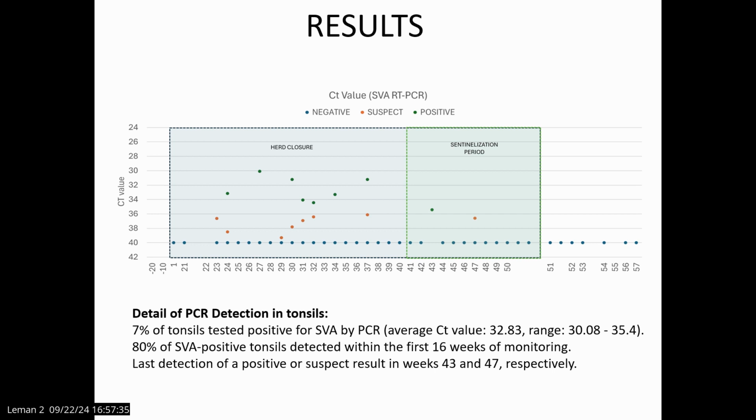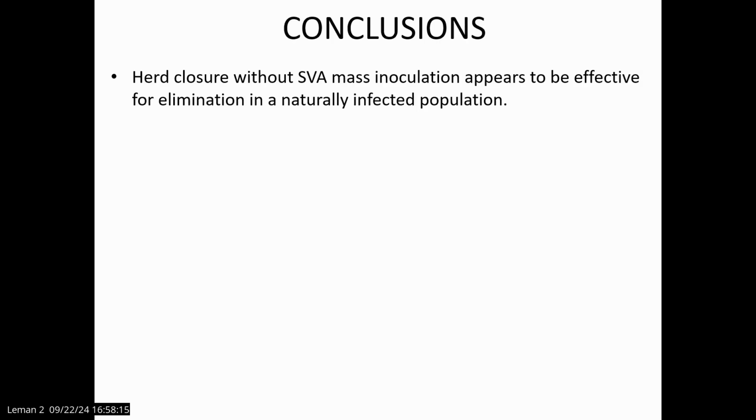Detailing the PCR detections, 7% of the tonsils tested positive for SVA, and the average CT value was 32.83. And interestingly, 80% of those positive samples were detected during the first 16 weeks of the monitoring period, so 20 to 36 weeks after performing the herd closure. And the last detections of a positive or a suspect sample were in week 43 and in week 47 after the herd closure. In conclusion, this study